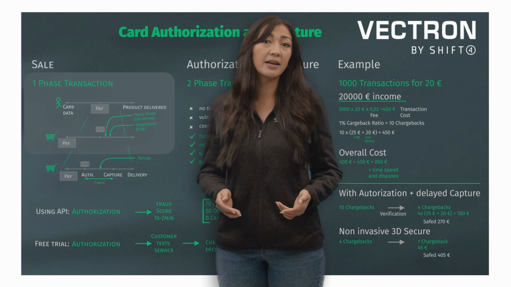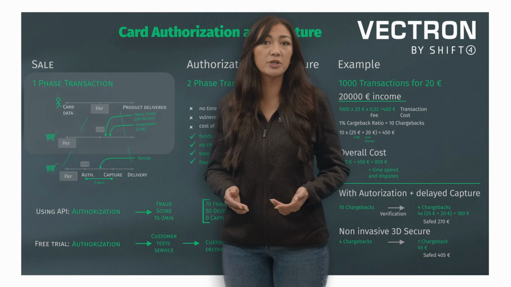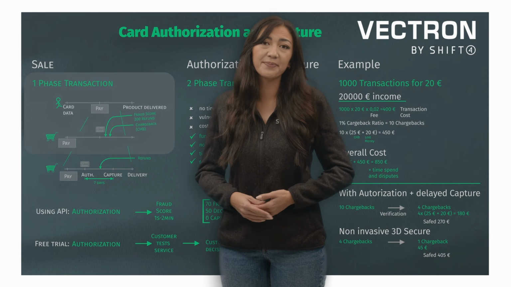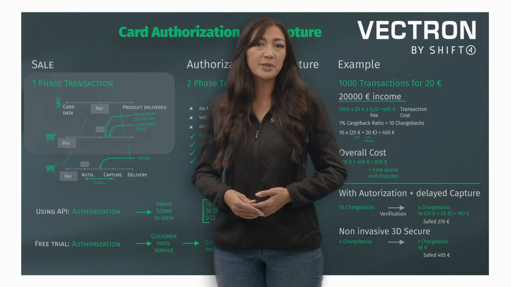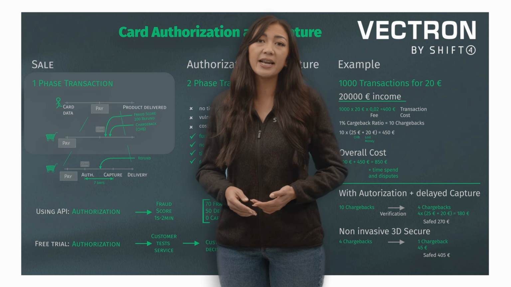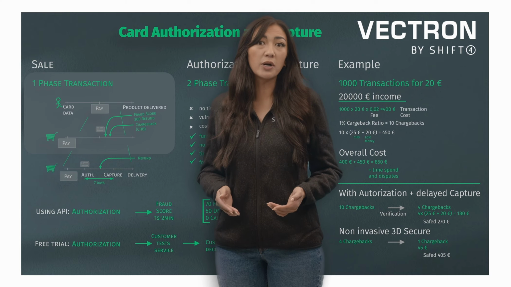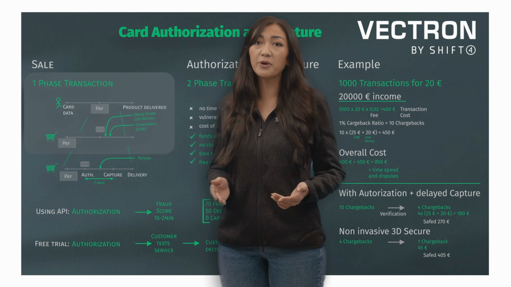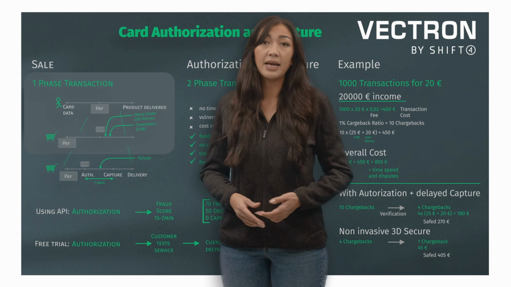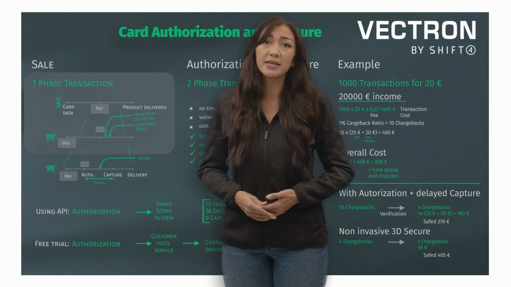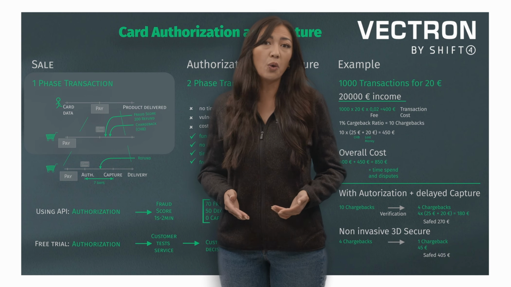For example, let's assume a transaction is carried out, and a few seconds later, the merchant receives a warning that the transaction was fraudulent. Since the charge has already been processed through a single-phase transaction, also known as a sale, the merchant must issue a refund, which can cost a lot. Given that this is a fraudulent case, the scammer who made the order will probably apply for a chargeback shortly. In this case, the single-phase transaction gives the merchant no opportunity to verify, making them vulnerable to chargebacks and incurring